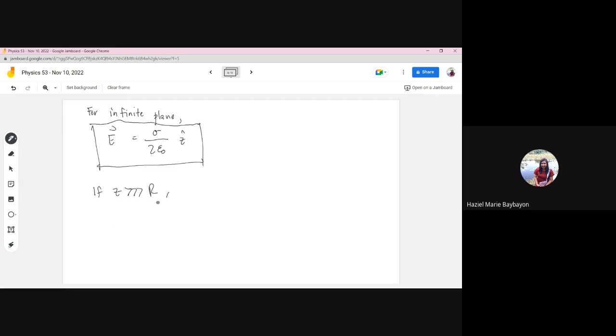Okay? Pero mag-binomial series expansion pata. So if z is much greater than r, then you have 1 over the square root of r squared plus z squared, equal to 1 over z multiplied by 1 over the square root of r squared plus z squared. Kibali, gipagawas lang nato ang z. Gi-factor out nato siya, diri sa sulod kay r squared plus z squared, and then divide both sides by z squared. So naa kay,